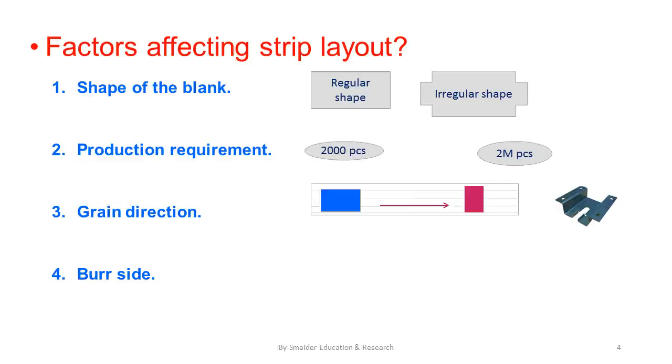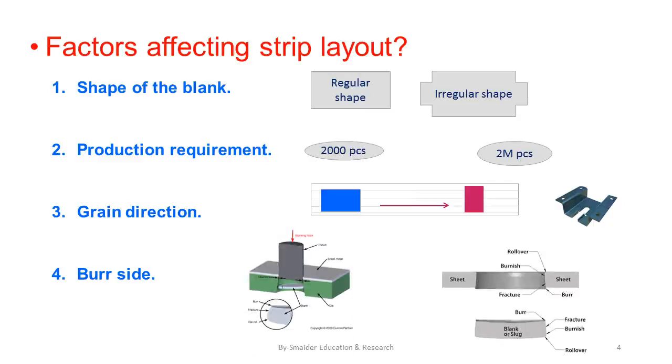What is called the burr side? It's a very typical factor for component quality. Friends, when you go through different cutting operations, please remember that during cutting you are going to get 2 parts. One is the useful part, one is scrap. Sometimes your piercing hole is your actual part, or sometimes your slug, which is called a blank, is the actual part. If you see the slide,